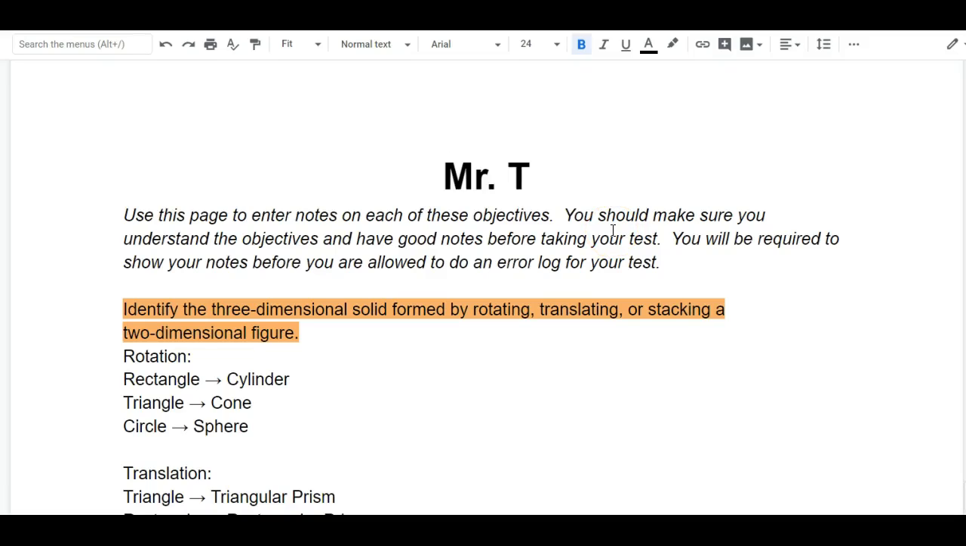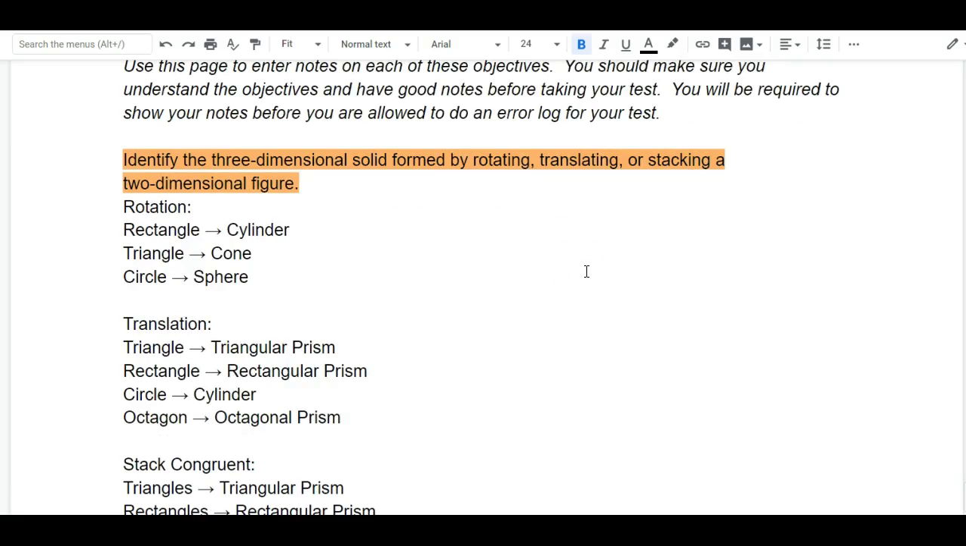Okay, we're just going to finish up some of our notes that we've been taking on the objectives from this unit. And I'm going to quickly go through what your notes should look like. Over here you have your name. Make sure you have your name there, right? And then yesterday we went through